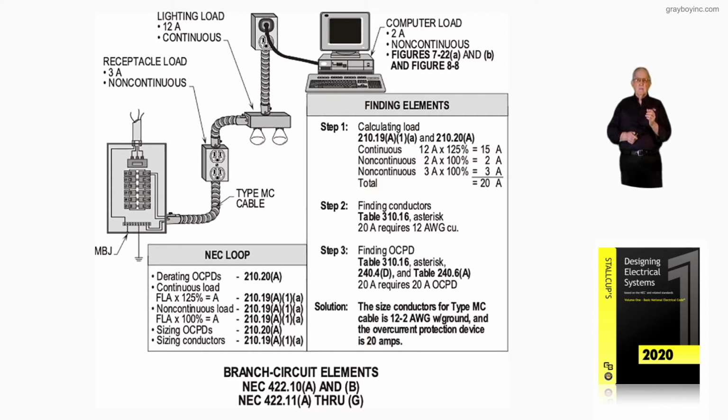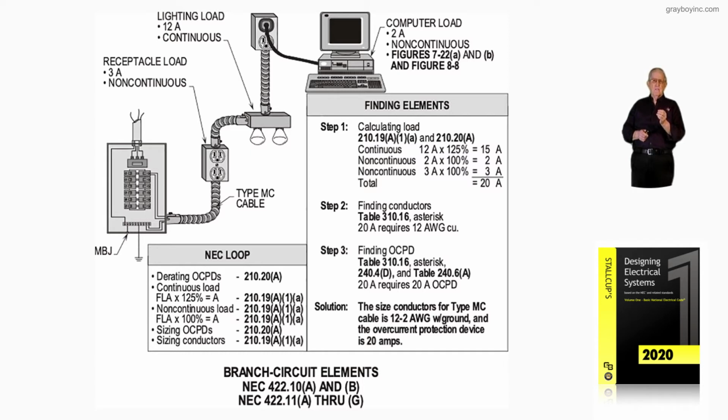And if you've stayed with us in these other chapters, then we said we could take 1 and get the reciprocal of 80%, 125. If we take 1 and get the reciprocal of 125, it's 80%. So when we multiply the load by 125%, we've derated the breaker loading 80% for continuous load by applying the rules of 210.19(A)(1)(a). Non-continuous load is taken 100% by the same section, but the conductor at 125% sizing derates the loading of